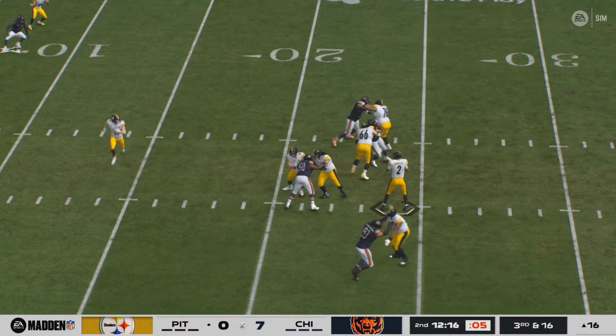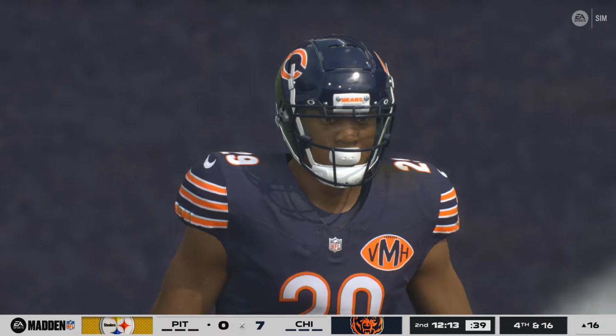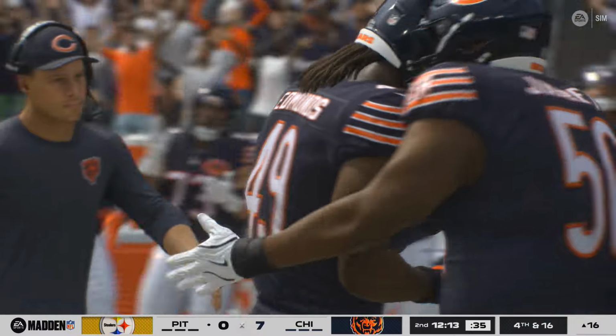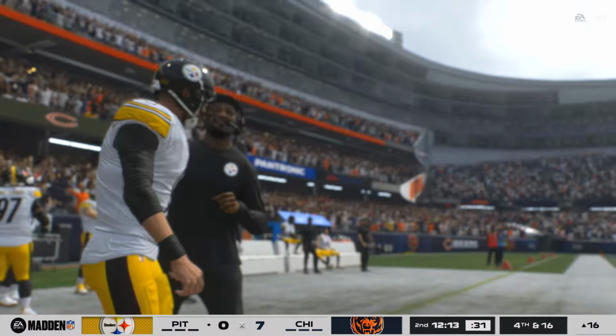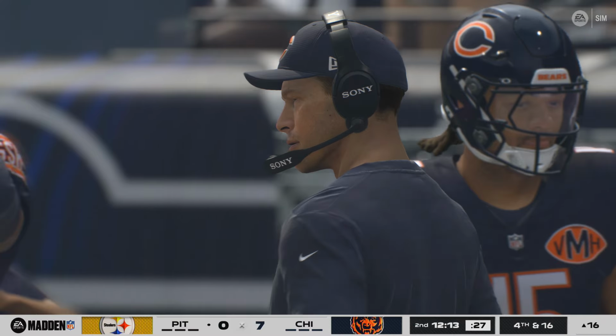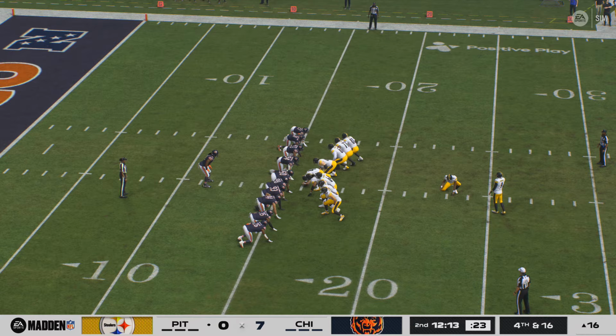Back to throw here. To the sideline and incomplete. Brings up 4th down. Solid coverage by the Bears D. Well, how about the coverage we just saw him break out on 3rd down? Dime defense, blanketed the field with extra defensive backs and speed, unable to find an open hole to complete that pass. A 33-yard